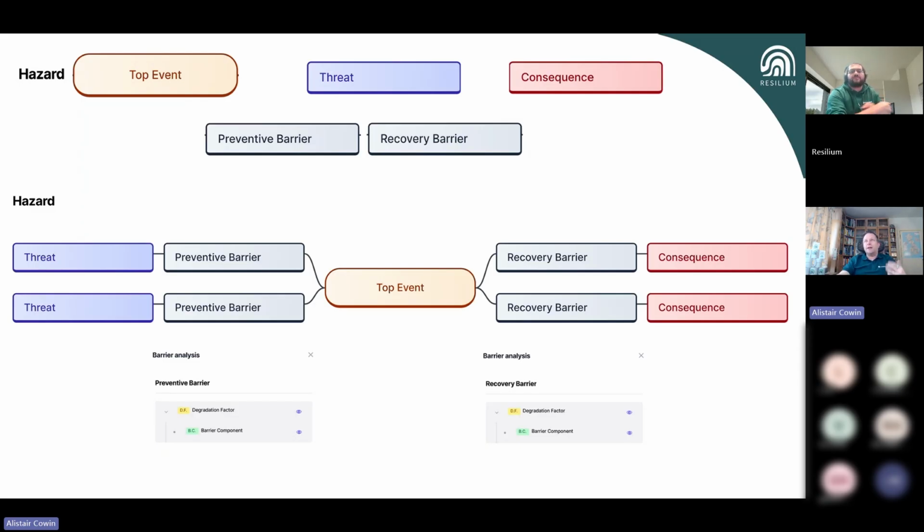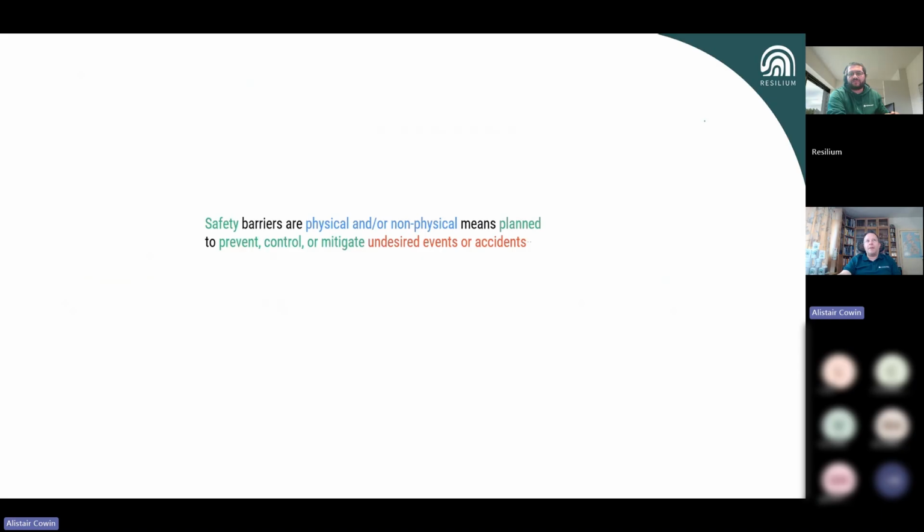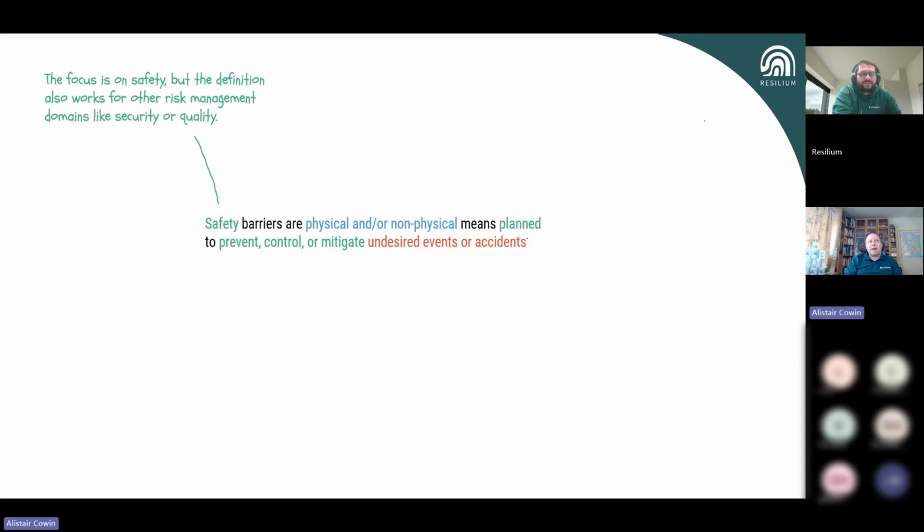The production is tricky. So there's a set of rules that help you build that. I've also put this slide in because I've grown to really like this as an explanation, a sort of more word model of what bow ties are. So we start with the fact that your safety barriers, it's the focus on safety, but actually we find there's a massive crossover, as I've said, with quality and security. So a lot of people are focusing on IT security, cyber stuff, as I've talked about, quality, but also business issues.